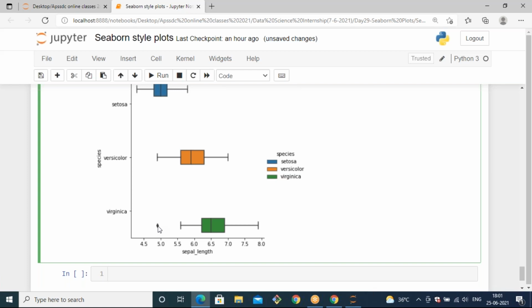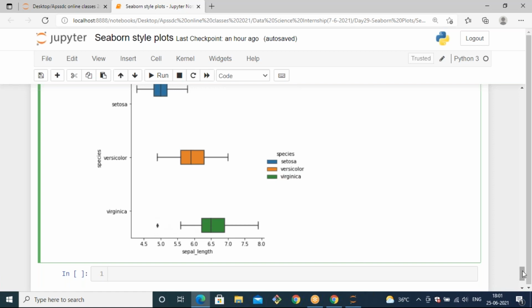We already discussed that IQR1 is 25% of the data, and IQR2 is 50% of the data. IQR3 is 75% of the data. So by using a box plot, we can find the outliers by calculating the IQR values.